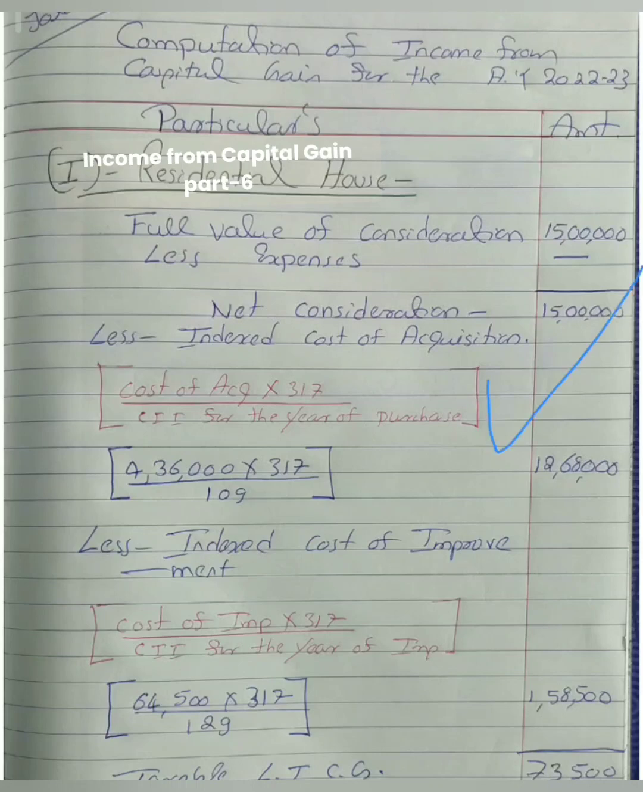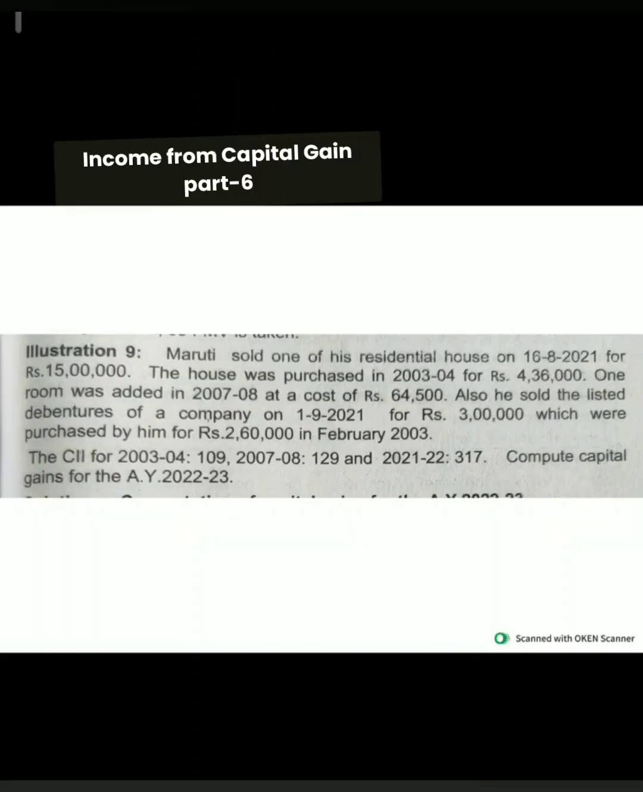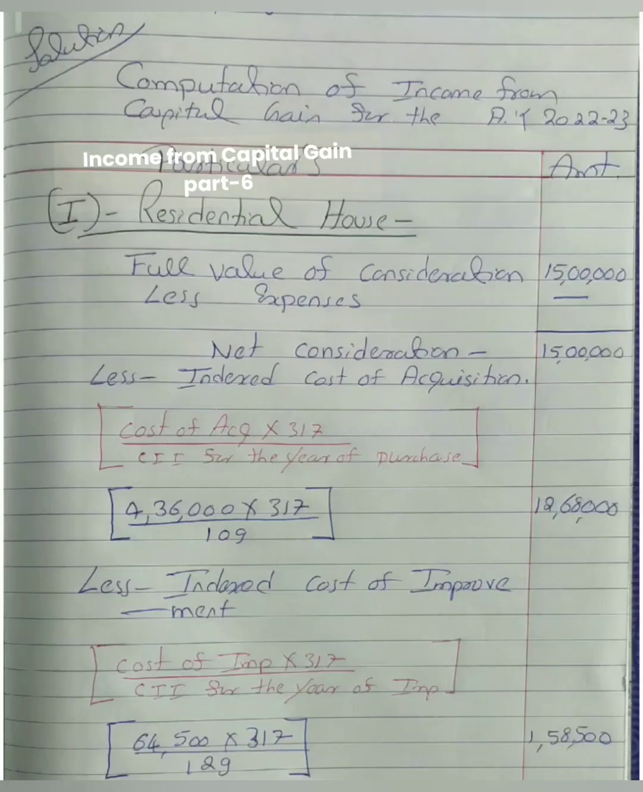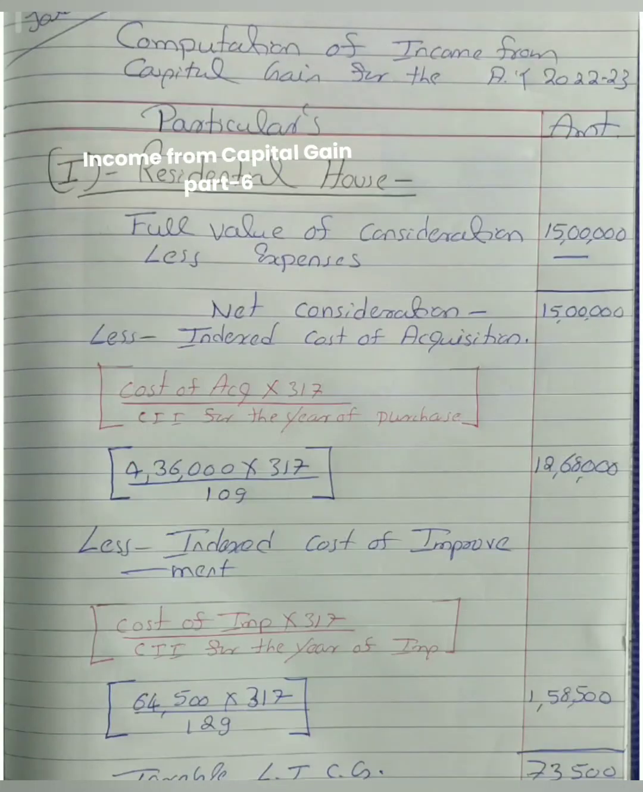So this is the formula for calculating indexed cost of acquisition: cost of acquisition into CII for the year of transfer divided by CII for the year of purchase. So 4,36,000 is the cost of acquisition into 317, the CII for the year of transfer, divided by 109. 109 is the 2004-05 CII rate, the year in which this house was purchased. So after simplification, the indexed cost of acquisition result is